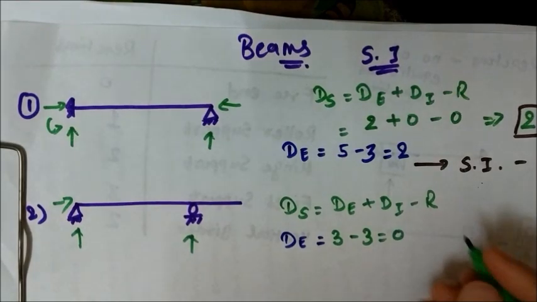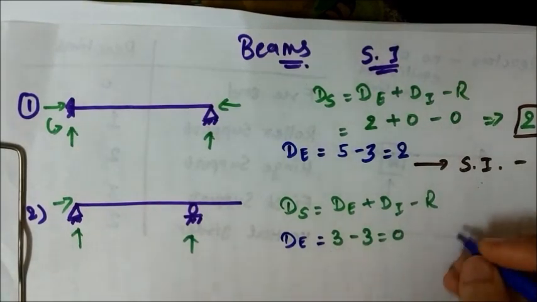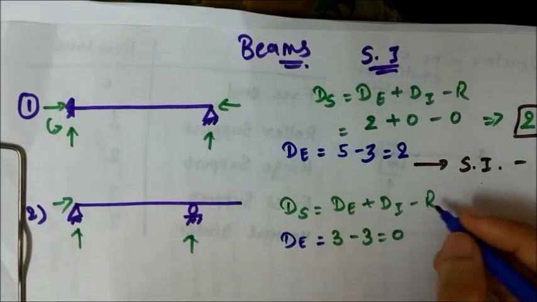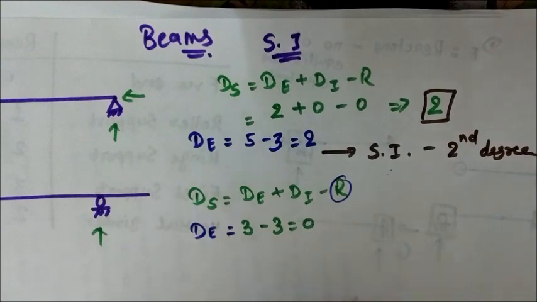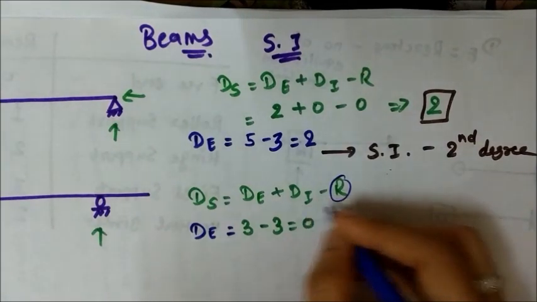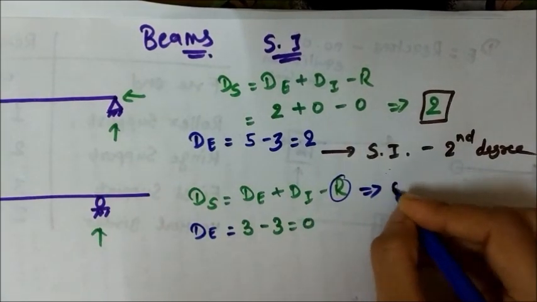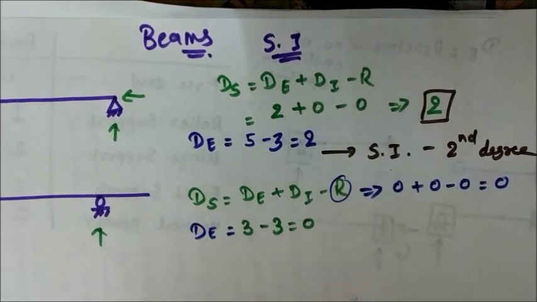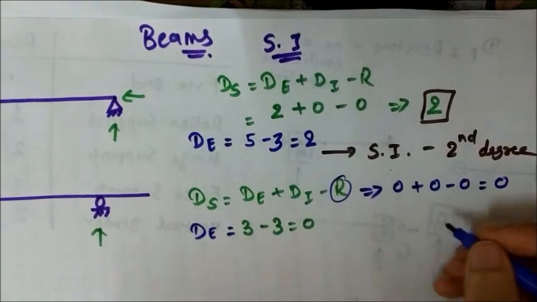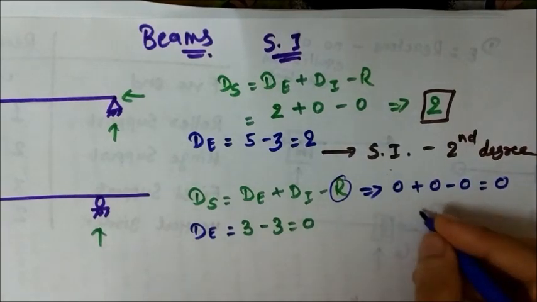Okay, and Di will be 0, and of course we don't have any internal hinges here, so R will be 0, and finally I'm just getting 0 plus 0 minus 0 is equal to 0. So this is a statically determinate structure. Okay,